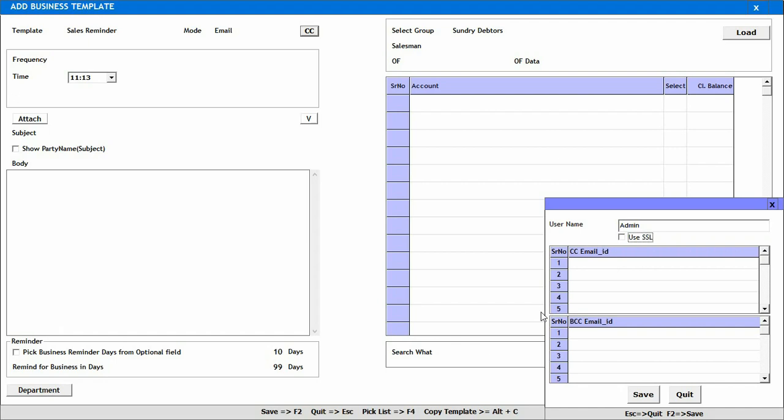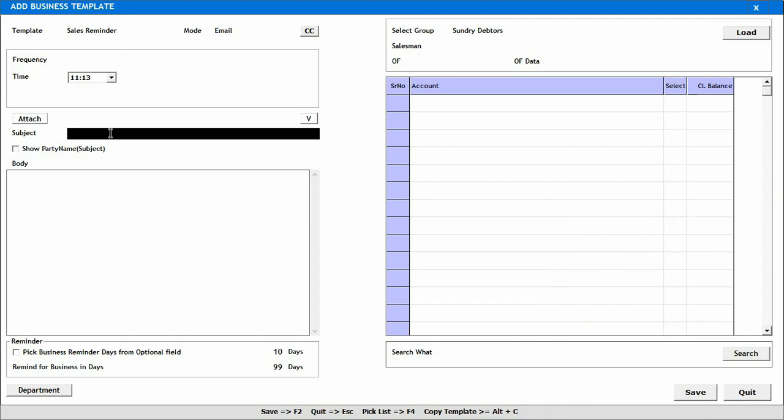Then next, if you want to send a carbon copy or a blind carbon copy of your mail also, then you can specify those IDs here. Basically, the IDs you specify here will also receive the carbon copy or blind carbon copy of the mail respectively. Then next is the subject option. That is, here you need to specify the subject for your email. After that, a Show Party Name in Subject option is appearing. If you enable this option, then the party name will also be appended to the text you have specified in the